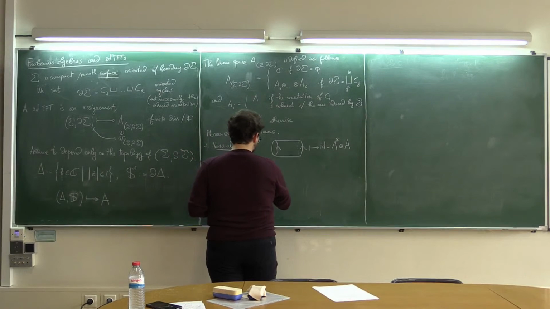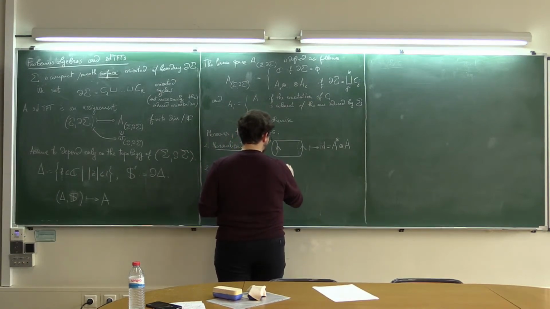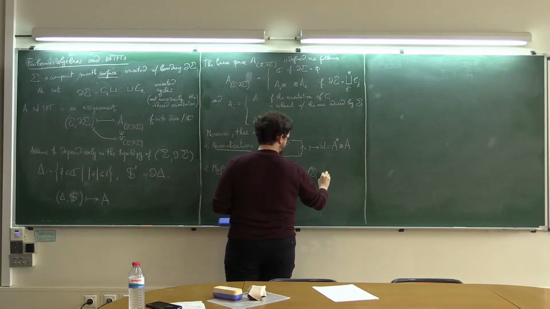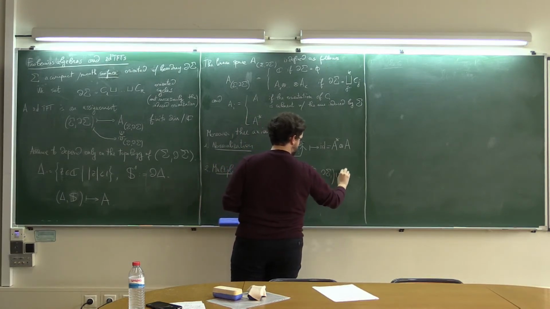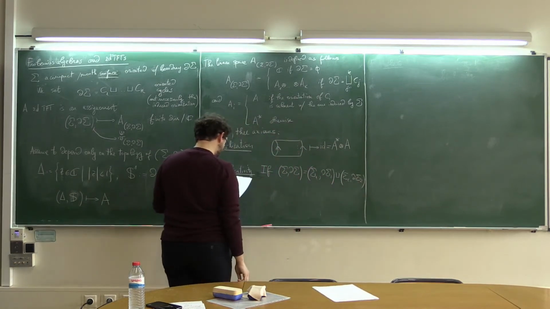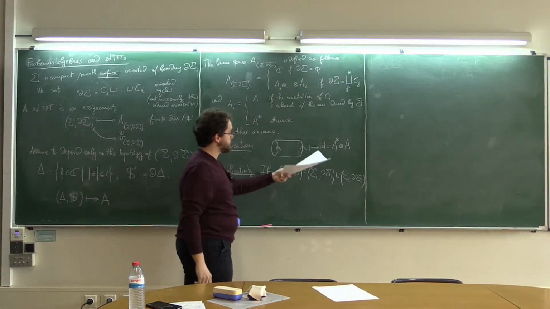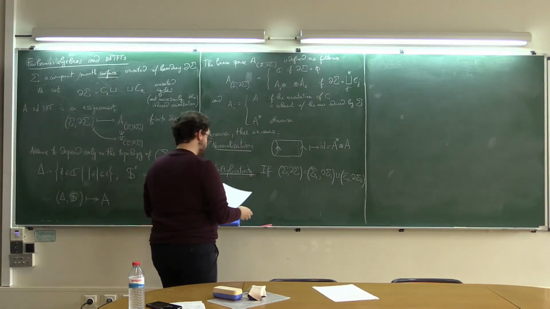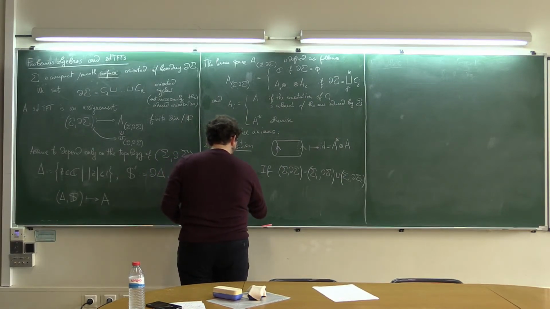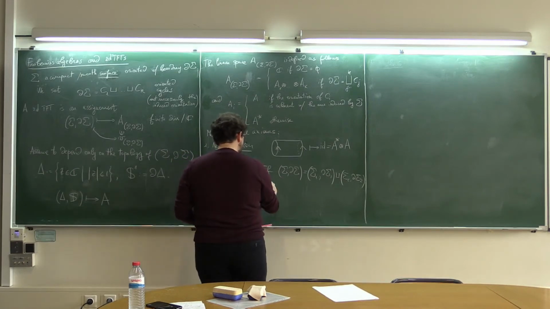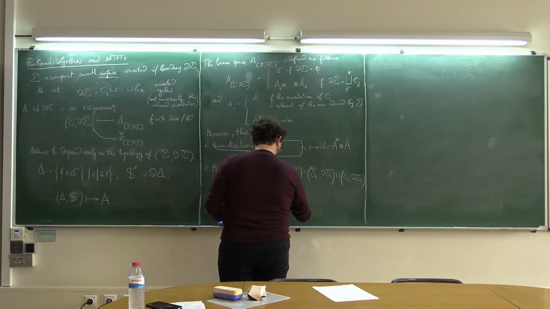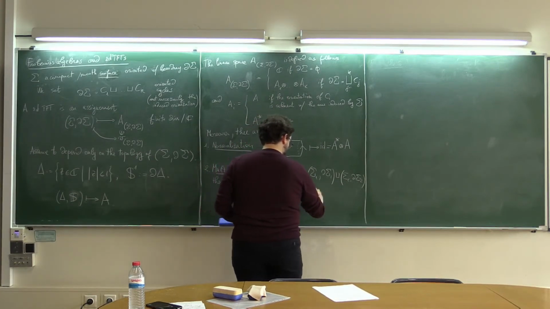Assume you have a disjoint union of pair. So you have one pair which is a disjoint union of two. To each of these I can associate a vector space and a vector. Then I require that the vector space attached to the disjoint union equals the tensor product of the two vector spaces,